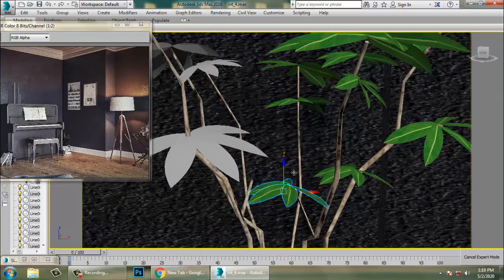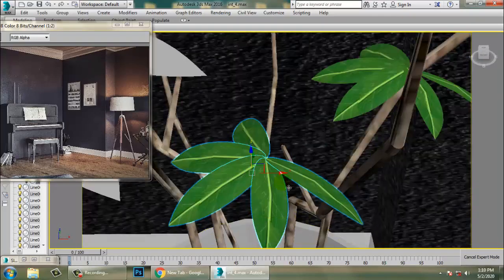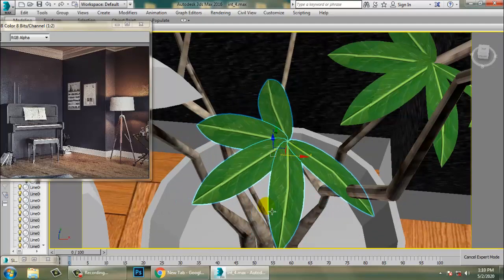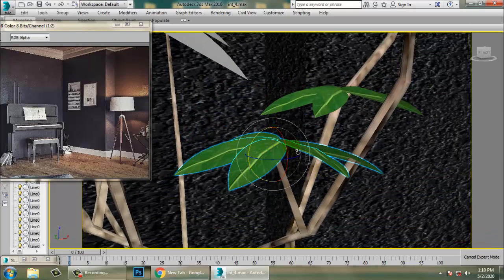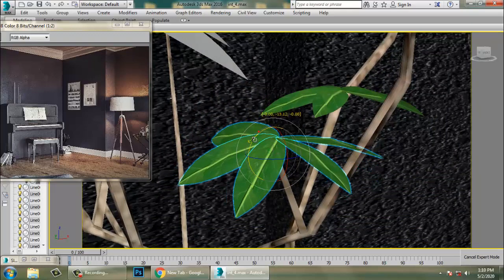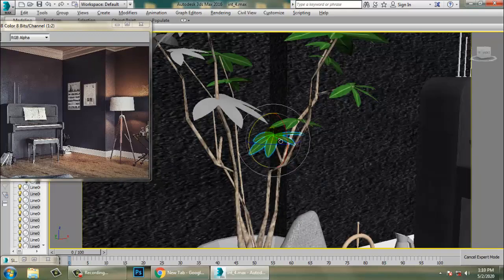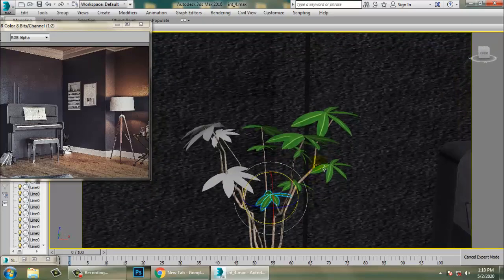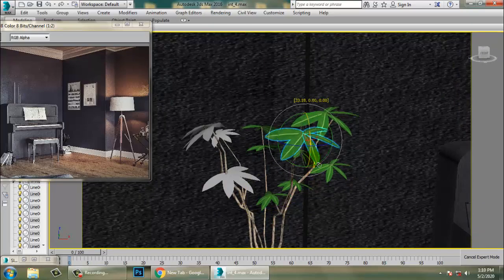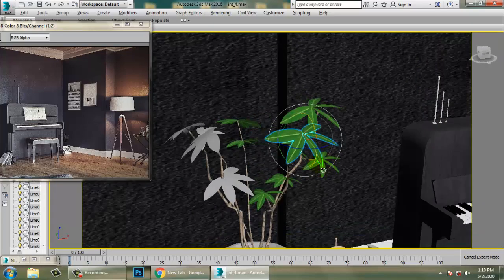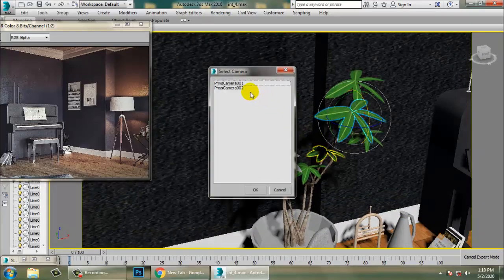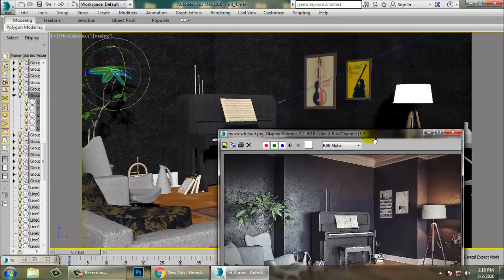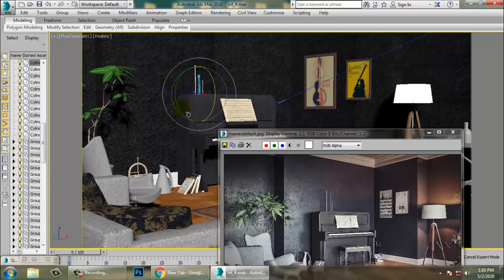So just push this down a bit and rotate it. So you can just rotate the stuff and just check how much area is coming in your camera better.